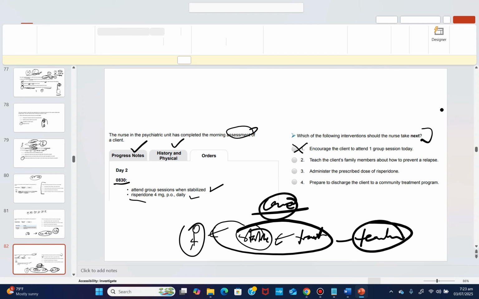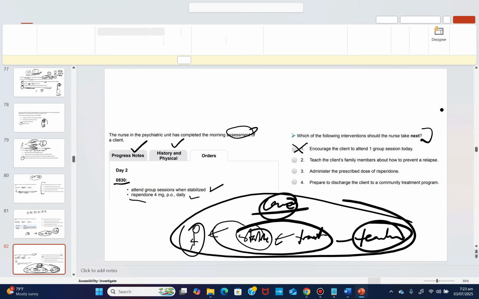No, right? Some people will be thinking about it. I understand. Most people are thinking, should I teach the client? Should I teach the family member? They don't even know where to connect the thinking. You see, I've been able to help you connect the thinking right now. You see how I'm able to break it down.